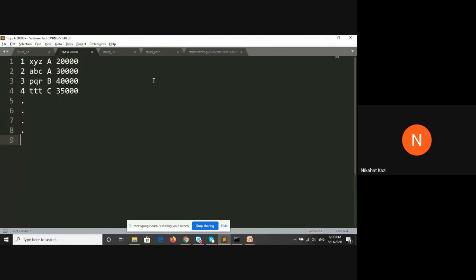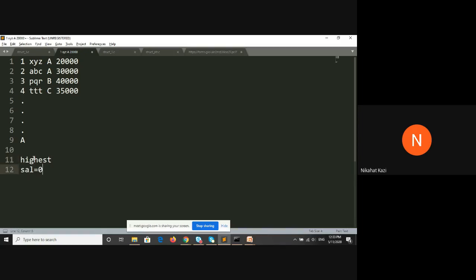You have records in your database, in your array. Now suppose you want to find the highest salaried employee from department A. Suppose the query is, I want to find the highest salary employee from department A. So initially, my temporary variable highest is of a struct type. The salary I have set to 0.